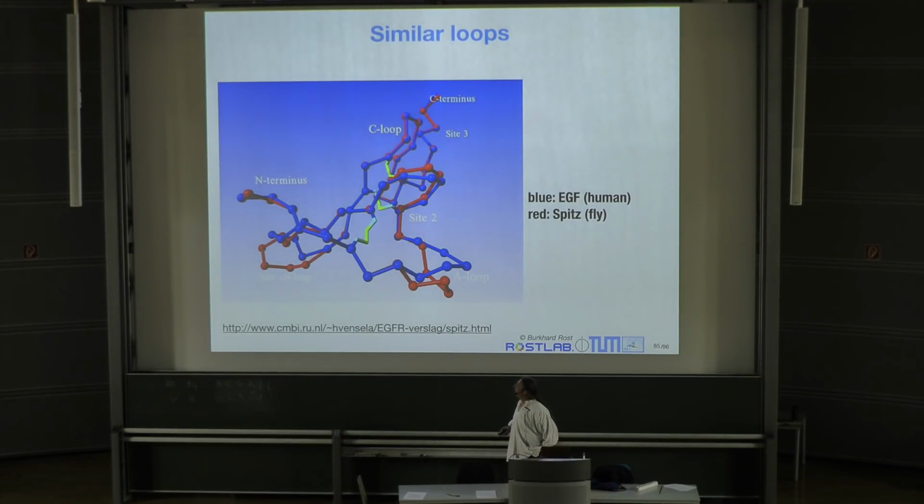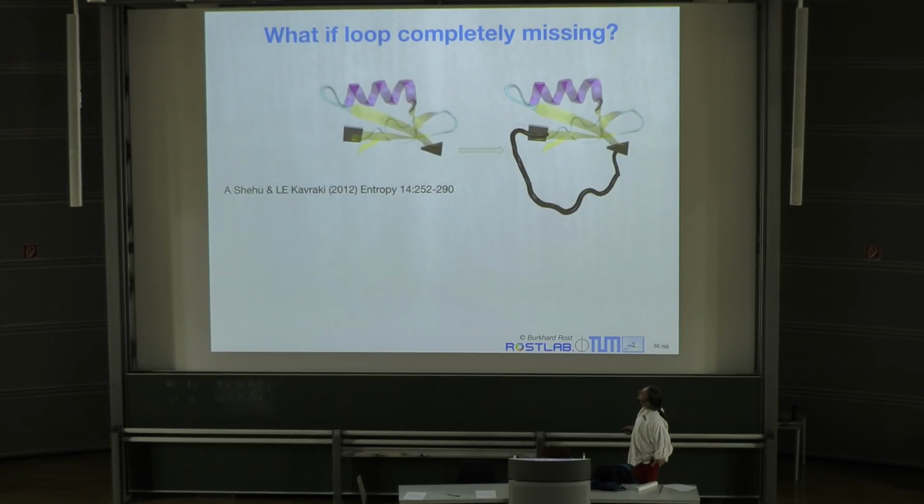Let me just look at one aspect. Once you have these two things modeled, what if we had a loop, and that loop in the other protein is not there? So you have the core of the protein modeled, but one has an additional loop. This additional loop, say, is 5 residues. What could you do